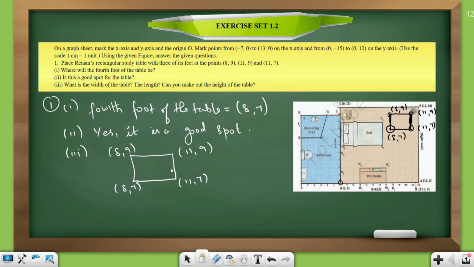To find the length, let us assume that this is our length and this is our breadth. So the breadth or width of the table is found by subtracting. Here the width of the table is going to be 9 minus 7, which is 2 centimeters, and the length of the table is going to be,